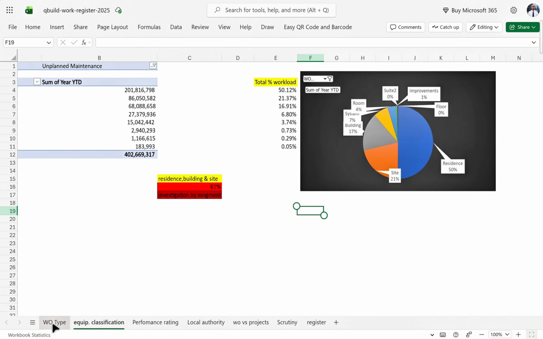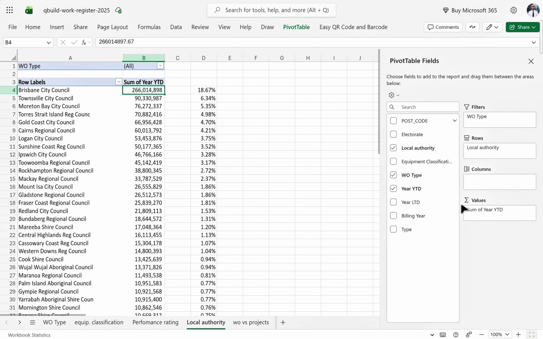But as a data analyst, don't ignore anything. This is just for illustration and for education purposes. So I chose to include only the year-to-date value. In your pivot table, you can go ahead and include the long-term value. It will show. You can just drag the long term to the values, and